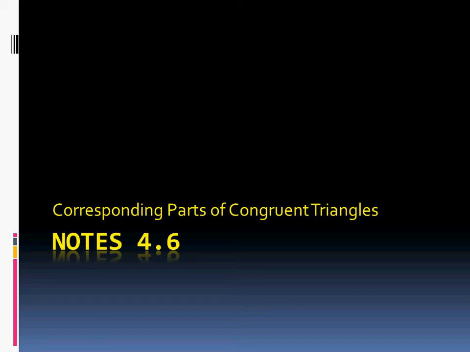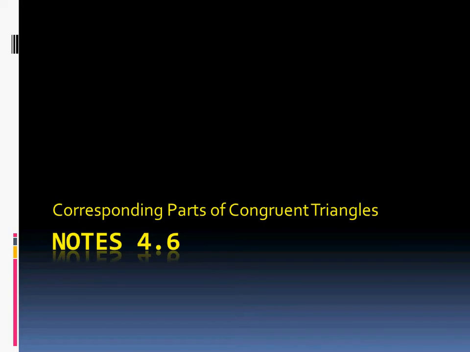So what I want to talk about today is corresponding parts of congruent triangles. When you have congruent triangles, you have these 6 parts which are congruent to each other. A side from one triangle congruent to a side from the other triangle. Another side congruent to another side. A third side congruent to a third side. You also have one angle congruent to another angle. A second angle congruent to a second angle. And a third angle congruent to a third angle. So you have all these 6 congruency pairs to pull from, and these are the corresponding parts of the congruent